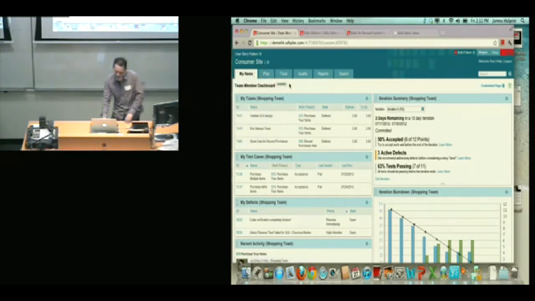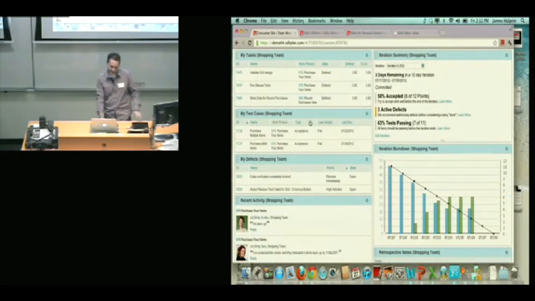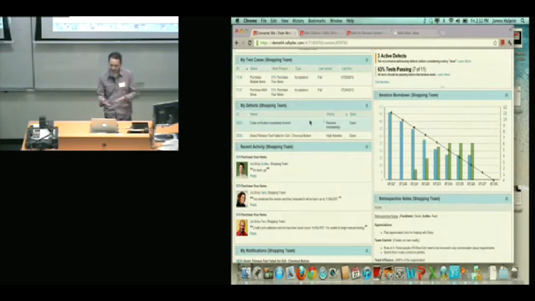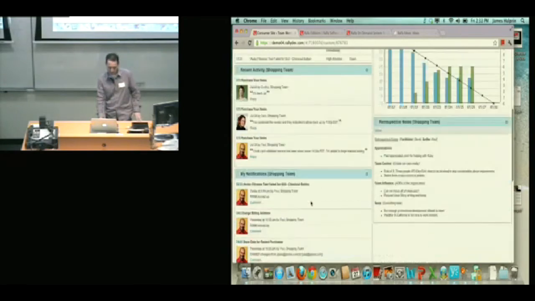So to come back to some of these areas, firstly, if we take a look at this dashboard just to kind of walk through that, this is just an example of a team member dashboard. So this is the sort of thing a team member might like to see. So you can see the app in the top corner is showing you my tasks, so the things that are assigned to you. Next, you've got my test cases, you've got my defects. So it's just easy to get to that information you need without having to flip through all the different screens.